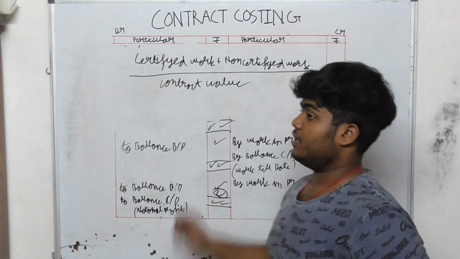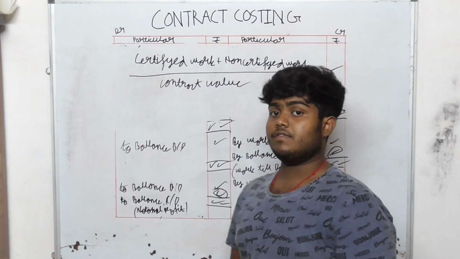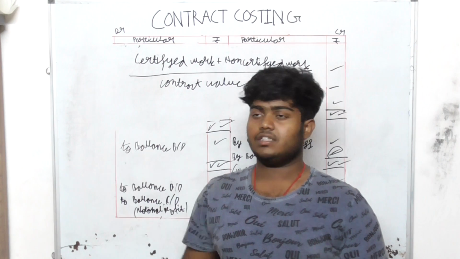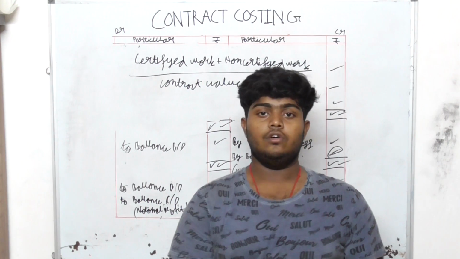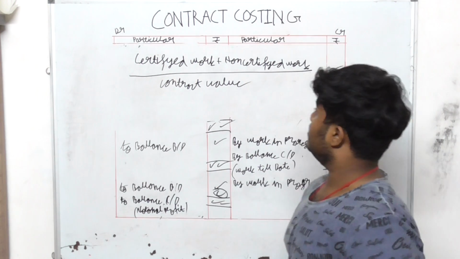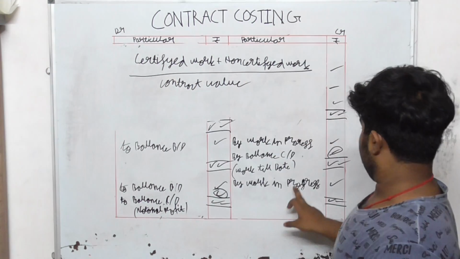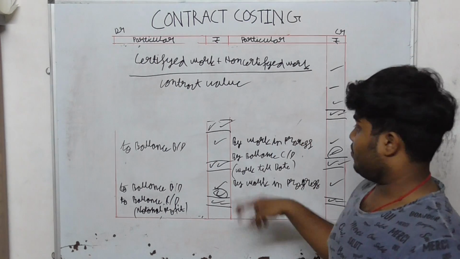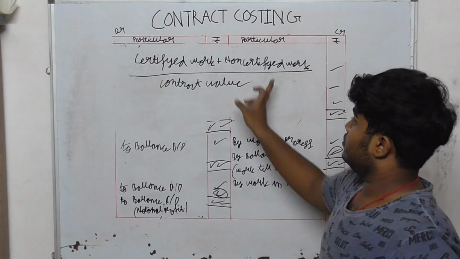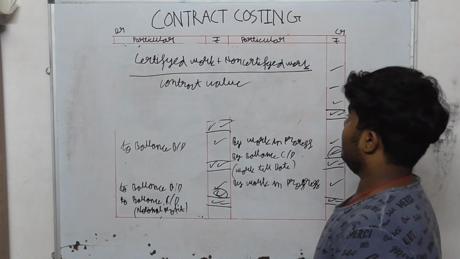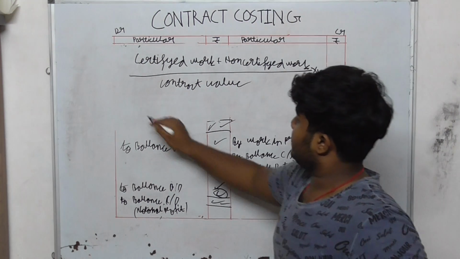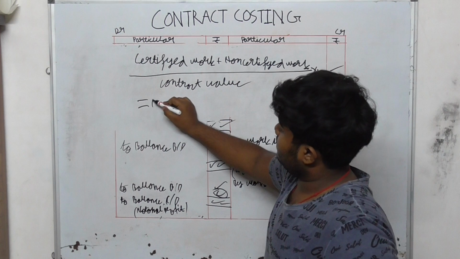so what is contract value? The contract value is the total amount of the contract. If the government gives you a project to complete, and you ask the government to pay you 3 lakhs, then the 3 lakhs is the total contract value. Okay, the certified work is included in profit and government certified, and the non-certified, that government has not certified. So both added and then divided by contract value and then into 100. Okay, and then this is the profit percentage.